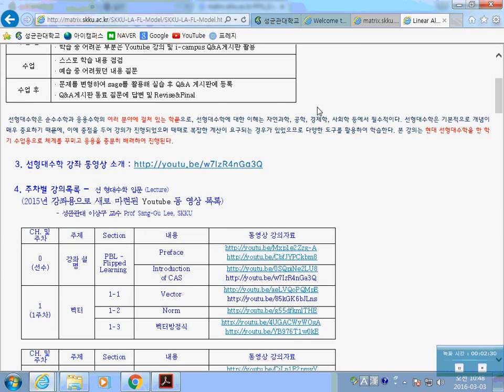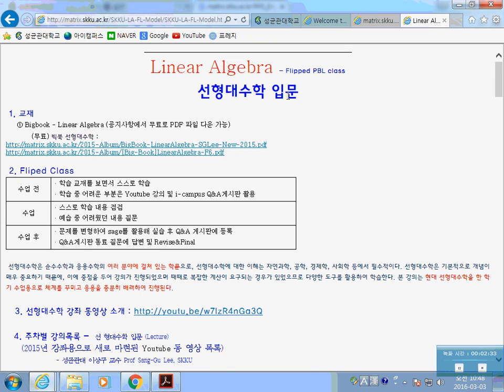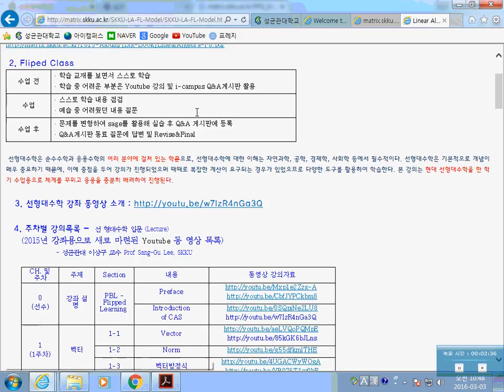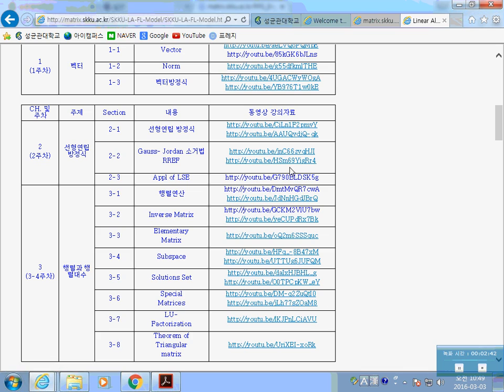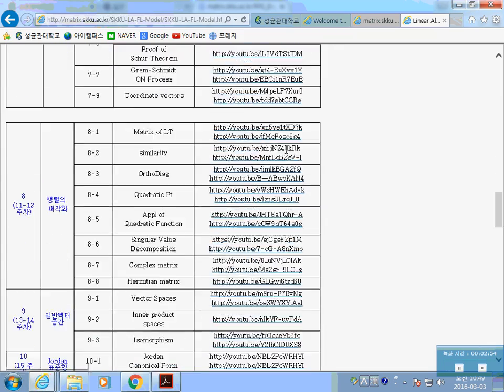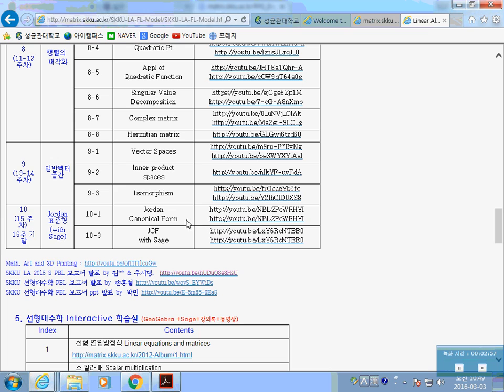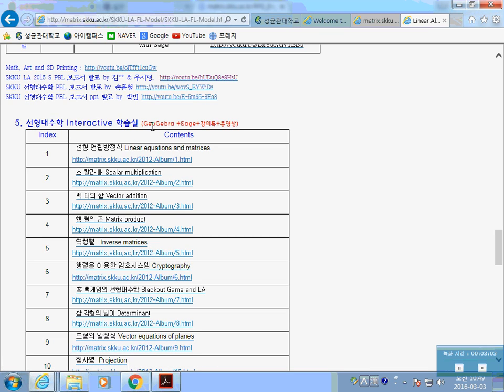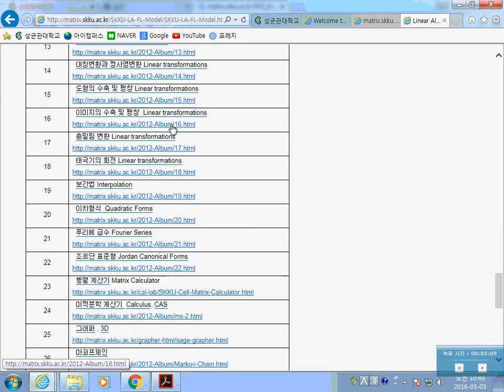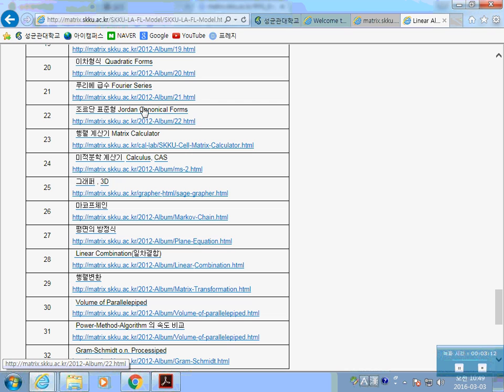Here, there is information that you can use. Here is a web address for the textbook, and also there is a web address for movie lectures. Probably this is in Korean, but I also gave you the web address for the English lectures from the first chapter to the last chapter on Jordan canonical form. And also there are tools, GeoGebra and Sage, and lecture notes and movie clips and simulation tools and Java tools for the concepts that you're going to learn